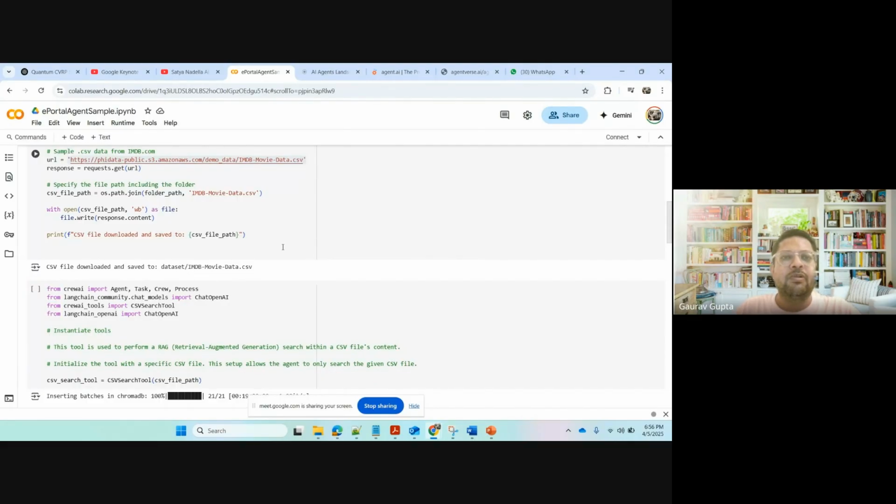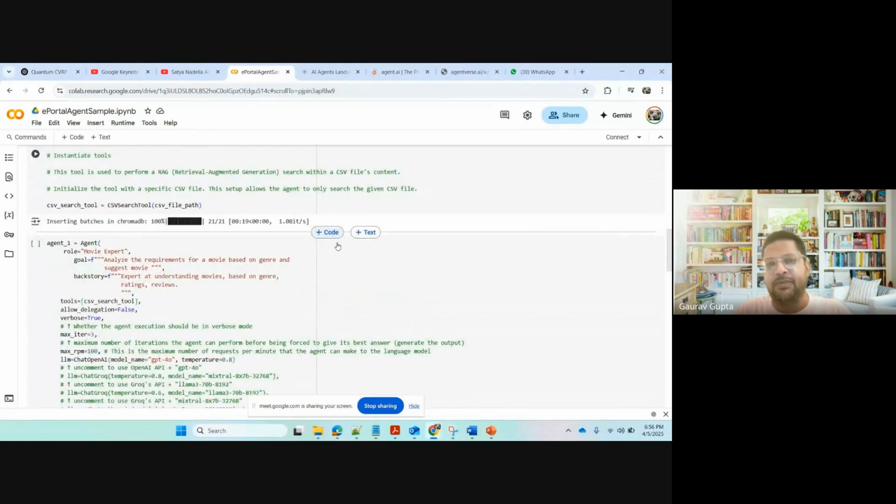And I'm going to ask it, give me the top 10 horror movies. So it will research from this CSV. It will read all the reviews of the movies inside. It will read the genre, it will read the reviews. Then it will go to the internet, double check it and tell me the movies. So you can understand I have designed a movie critic. Sometimes, when we have to find a good movie, we go to a person who watches hundreds of movies. In the real world, we'll go to that person and ask which movie to watch. Instead of that, you can come to this agent and get the best out of it.